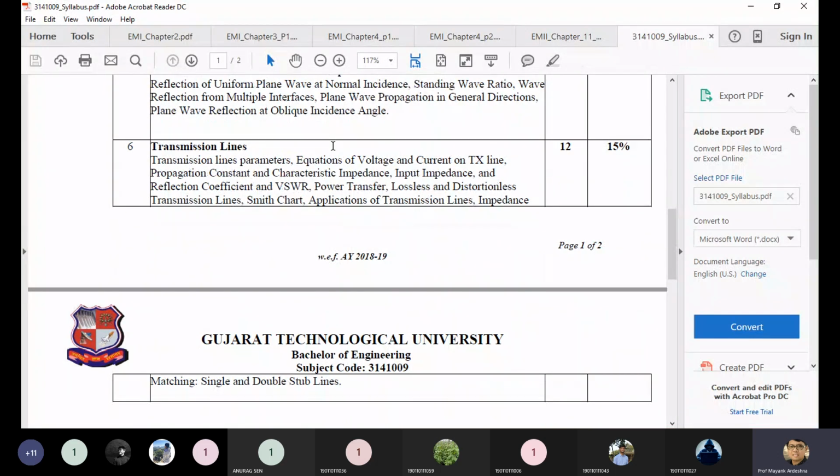In this particular chapter, we consider an electromagnetic wave. We transmit this electromagnetic wave through different transmission lines or any kind of conductor, like a coaxial cable, twisted pair, simple single wire conductor, maybe an optical fiber. Then, according to this transmission line, what is the potential and the current? So we discuss this, and accordingly we also find out the reflection coefficient as well as the VSWR, and we also find out another chart, which is considered the Smith chart, for measurement point of view. Why is it required?